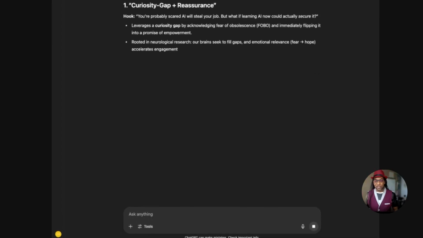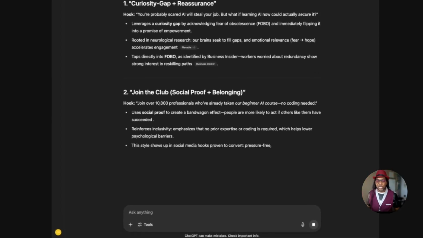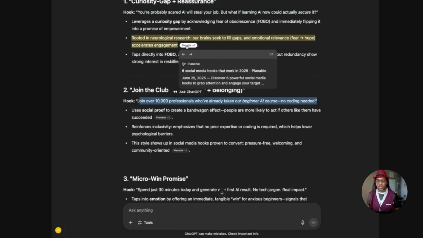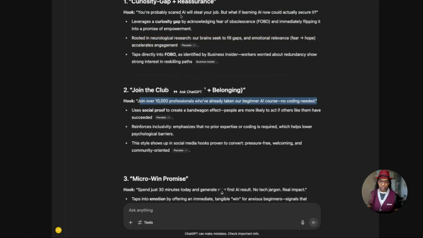All right, this one is searching the web by default. As you can see, it's providing me 3 hooks, and it defines the hooks and tells me what each is. 1, 2, it's doing good. It also is showing the references. I put my mouse over here, and you can see the pop-up that's telling you which website it got this information from. In this case, it was 3 of them, and that's how it came up with that result.